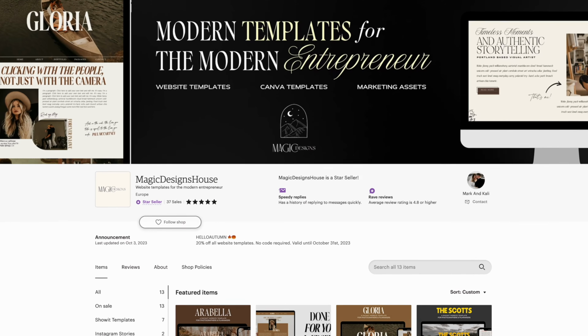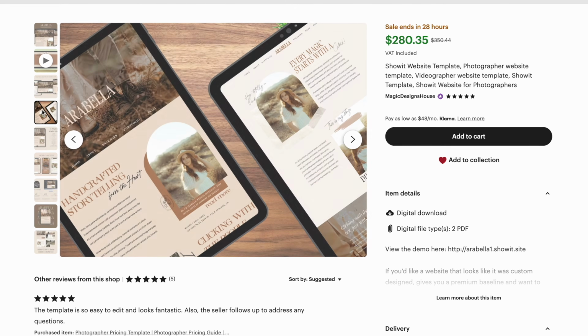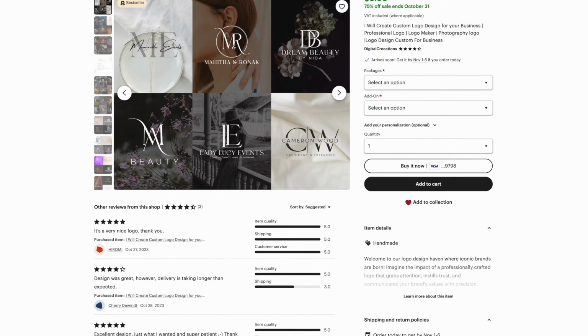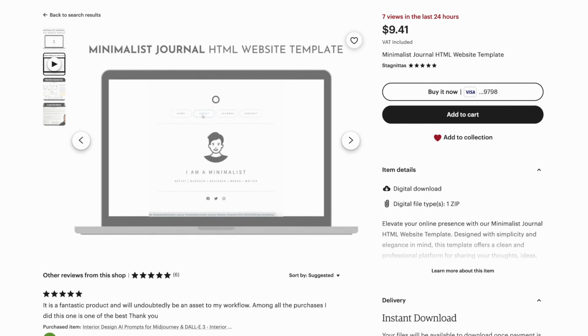Framework 1. I specialize in selling website templates, but this concept applies to any product you're looking to sell. You see, in my market specifically, my competitors sell a big variety of products. Shopify themes, logos, websites designed in Wix, websites designed in Squarespace, and in most cases you can't really tell who